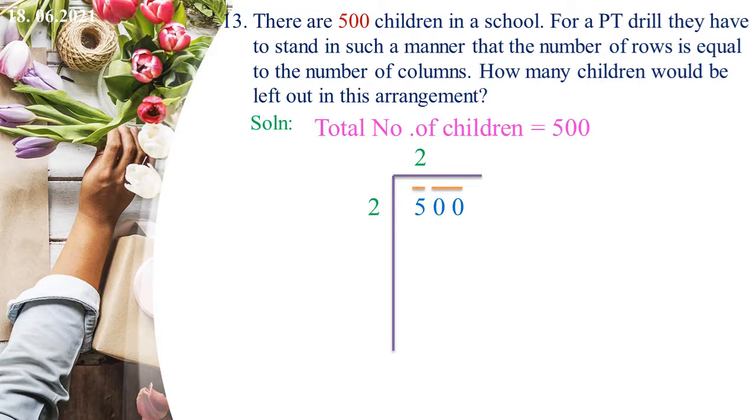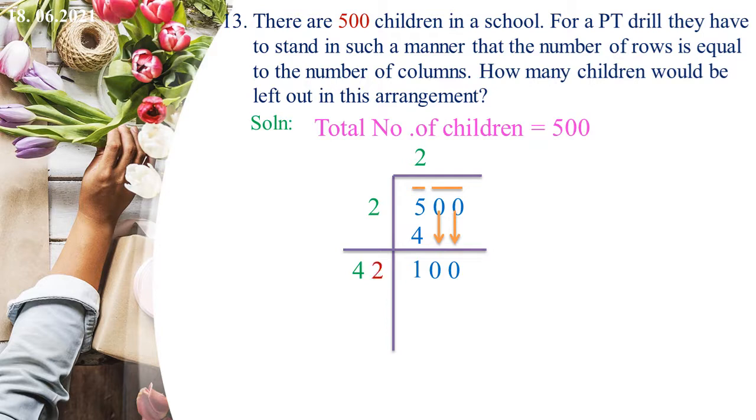Then multiply 2 and 2, we will get 4. Now subtract 4 from 5. We will get 1 as the remainder. Then bring down the next period to the right of the remainder. Now 100 becomes the new dividend. Now obtain the new divisor by taking 2 times the quotient. On doubling the quotient 2, we will get 4.